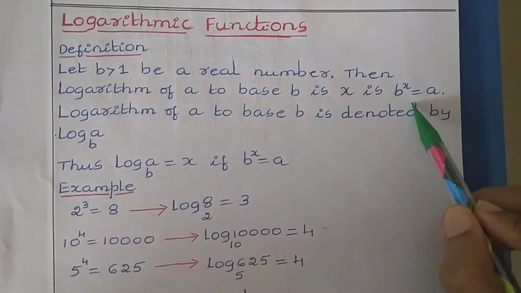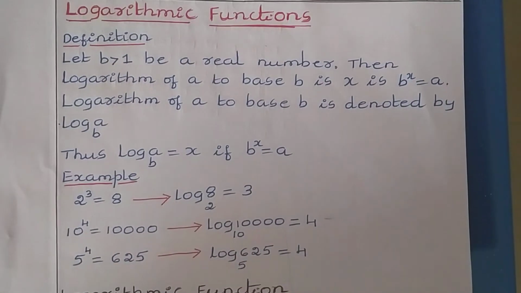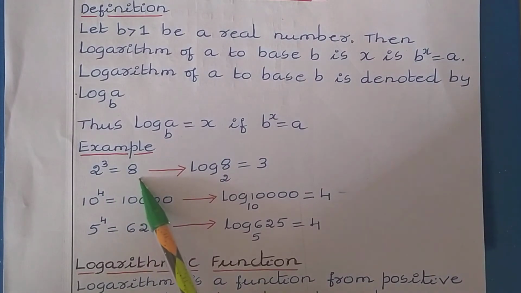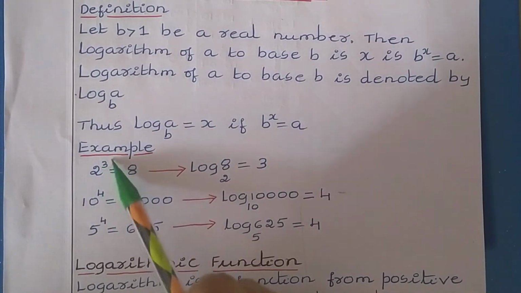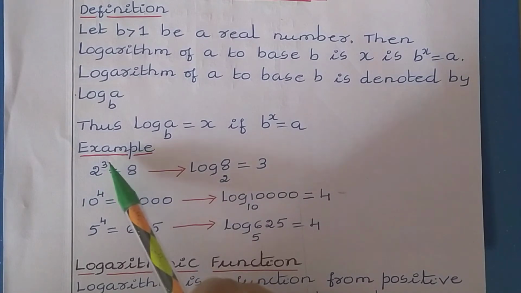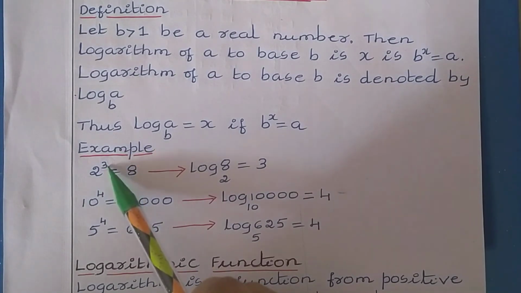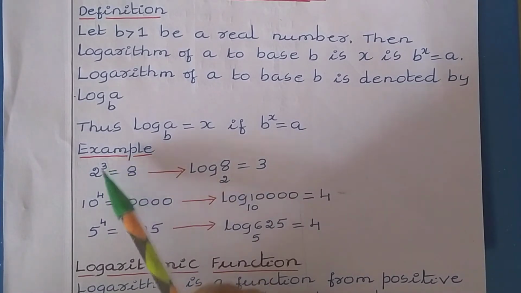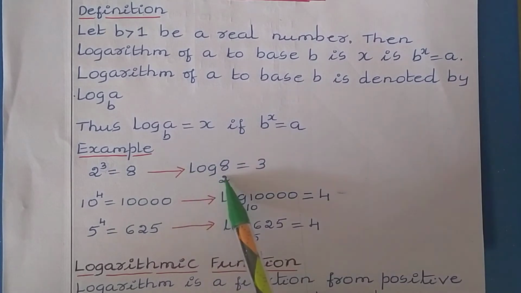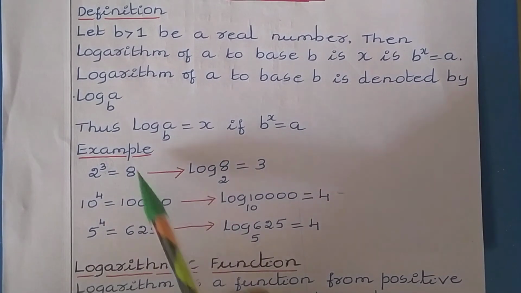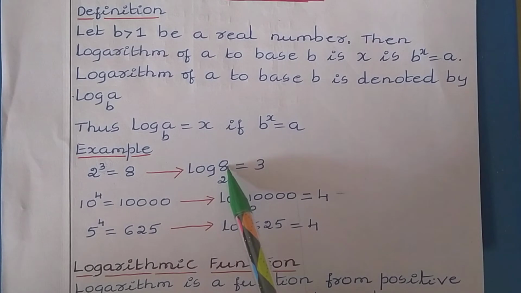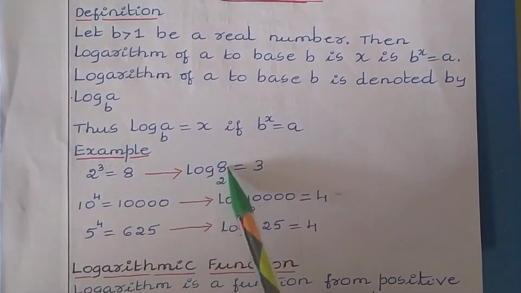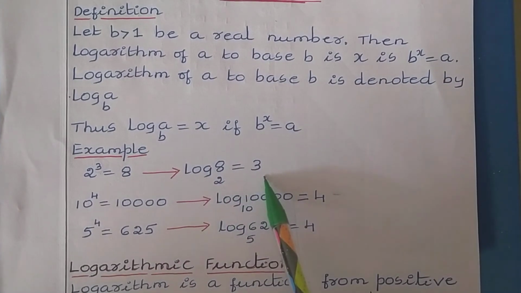This logarithm function gives the power value of the number. Let us understand this. See, here I have taken few examples. 2 to the power 3 is equal to 8. Now, here this value is the output of the logarithm function, which gives you the power value. That means we can write this in terms of logarithm function as log, this answer you need to write here, then the base value. This acts as a base value. So log 8 to base 2 is equal to 3.